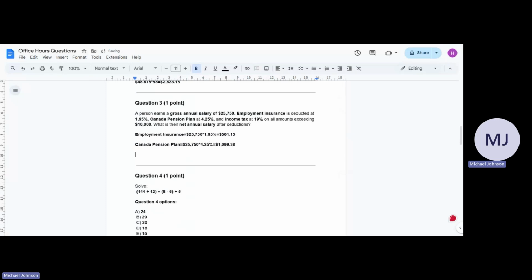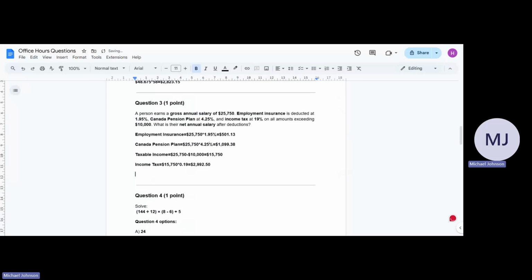1,099.38. And then the next one, we would do taxable income. We do 25,750 minus the 10,000. That's recorded in the question. We get 15,750. Then income tax, we'd multiply that 15,750 times 0.19, and then we get 2,992.50. And then net pay calculation,